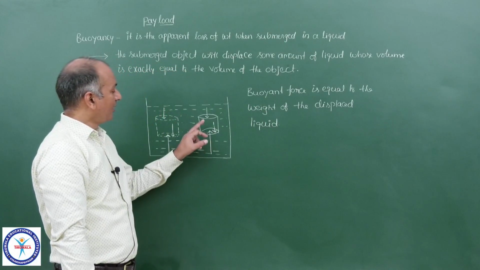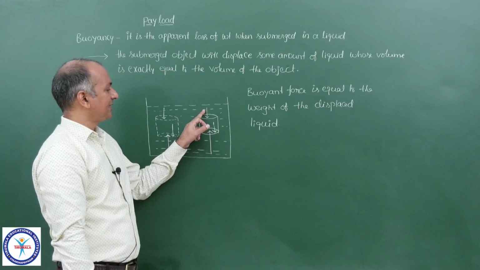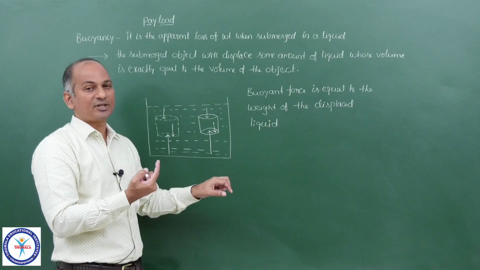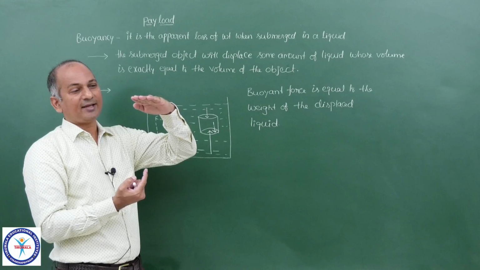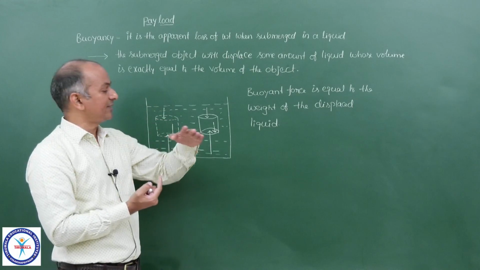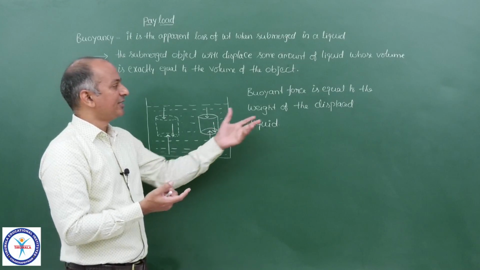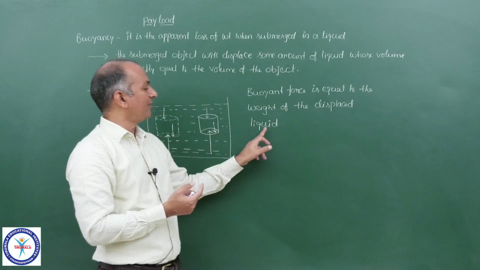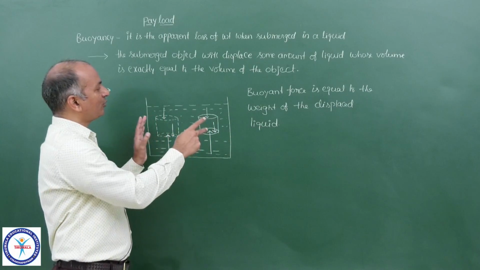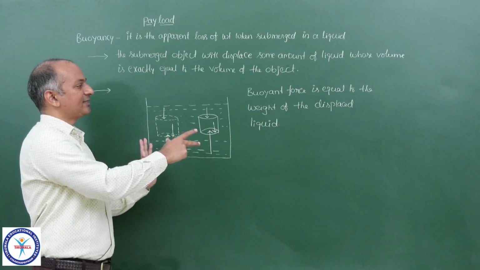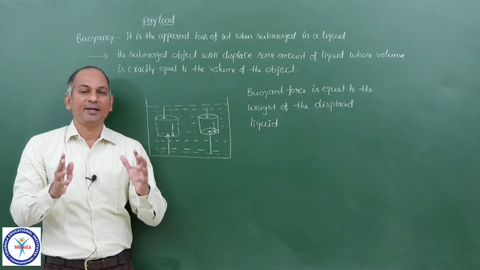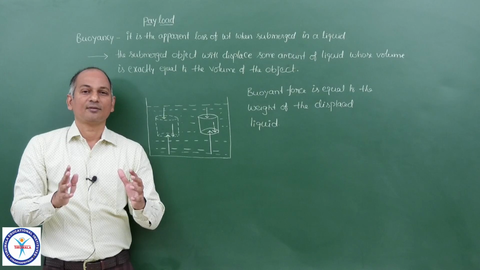That means this force minus this force: the force acting at the bottom of that submerged object, and the force acting on the surface of that object. The difference between those two is called the buoyant force, and obviously that is equal to the weight of the displaced liquid. So here, although we discussed buoyancy and buoyant force in a liquid,